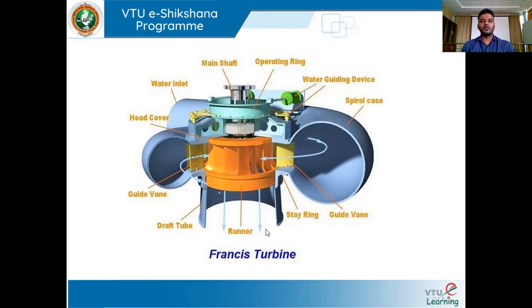As I mentioned, the main reason for using a draft tube is to reduce the cavitation problem. The water coming out of this runner will be at lower pressure. So at the inlet of the runner the water has high pressure, and then at the exit of this runner blade the water experiences a low pressure, because of which there might be a cavitation problem.